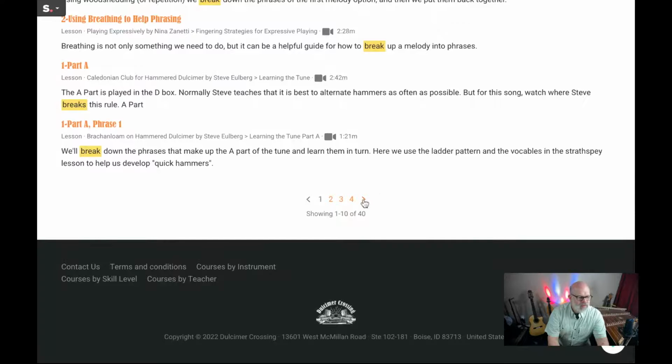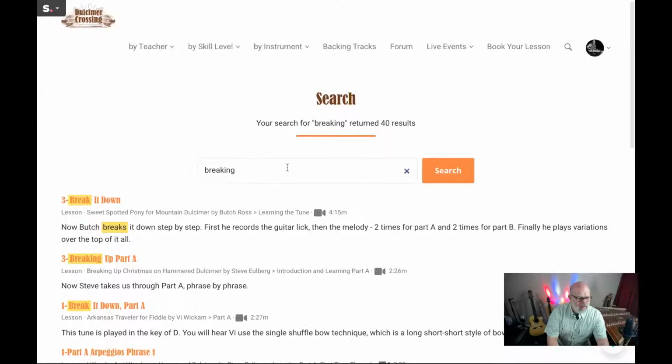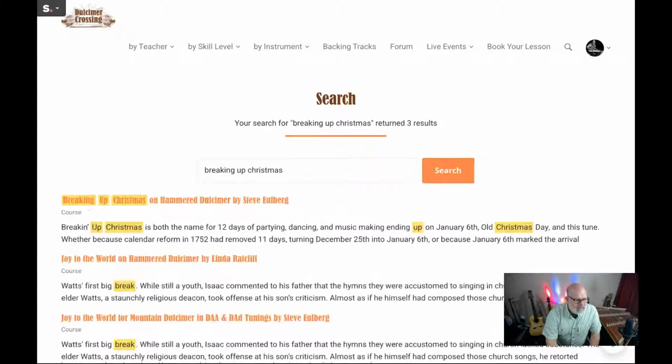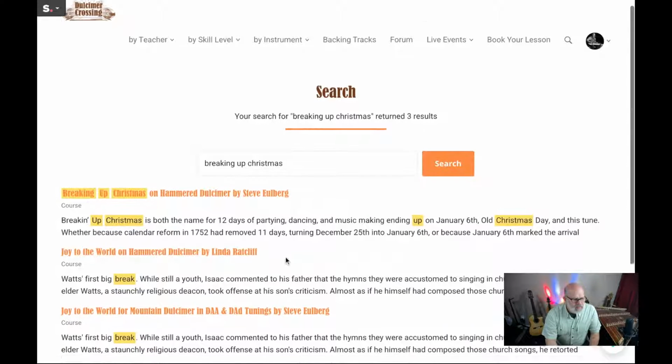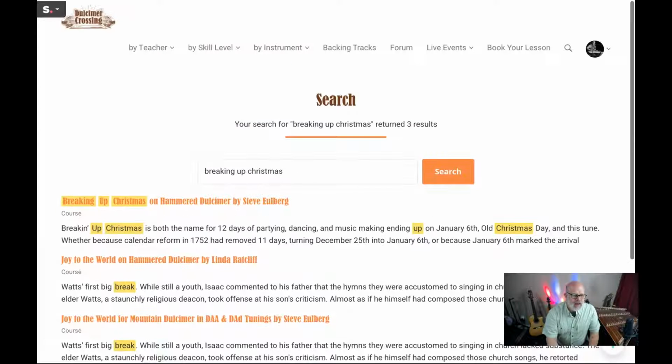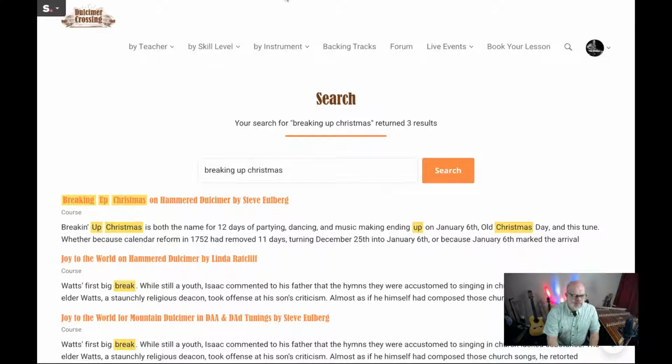Well, there's 40 different versions, so I might put Breaking Up Christmas in here to be a little more specific. So it looks like I haven't taught it yet on Mountain Dulcimer, so it's going to be time for me to do that. But to get us back to our